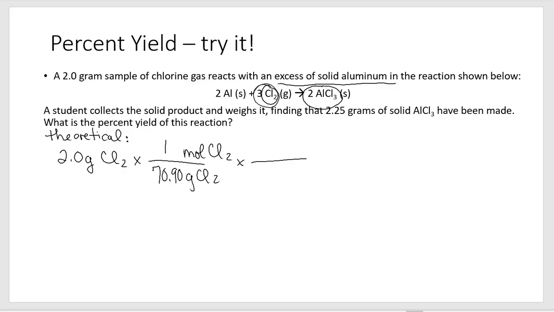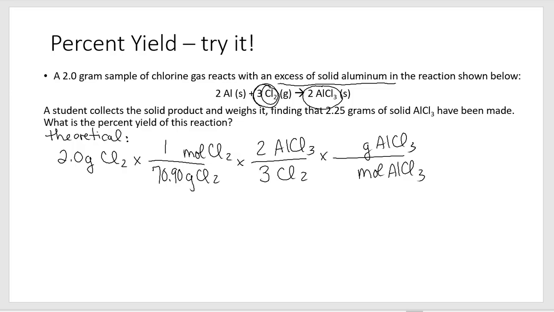Next step is, so I know moles of chlorine, I'm trying to find aluminum chloride. I should have circled this whole thing there. Okay, and so the equation tells us that for every 3 chlorines, I will make 2 moles of aluminum chloride. And then I want to figure out how many grams that would be. So I'm going to go from moles aluminum chloride to grams aluminum chloride. I should throw in a mole here. Mole. Okay. And again, I'm going to look at the periodic table, and the periodic table tells me that 1 mole of aluminum chloride is